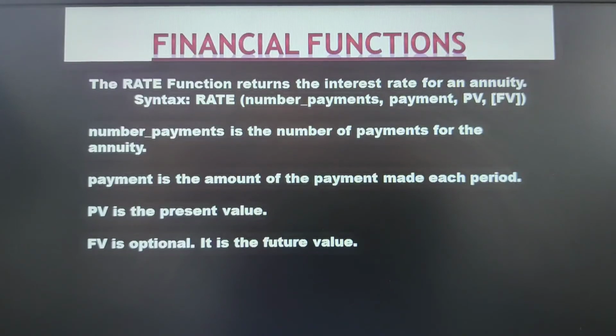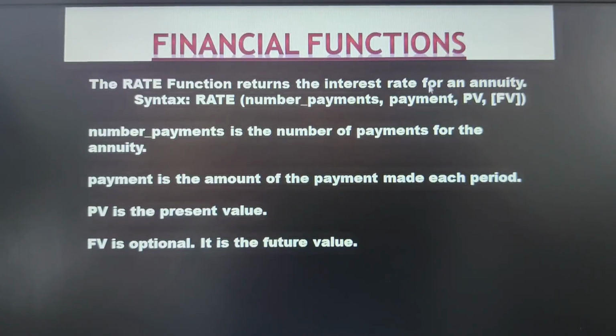To calculate the rate of interest, we have the formula here. The rate function would return you the interest rate for the annuity. When I execute this particular formula, what is the general syntax? It is equals to rate, followed by the number of payments. That means how many months you need to make a payment to repay your loan amount. Obviously, when you have taken the loan amount of 24,000, when you repay it back, definitely it will be more than 24,000. Maybe you are repaying 26,000. To repay the 26,000, how many payments do you need to make? That means how many months or years you need to make the payments. That is the number of payments.